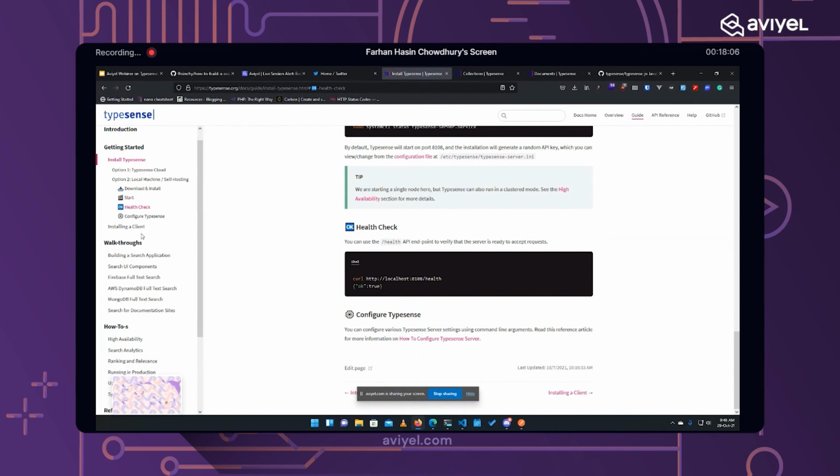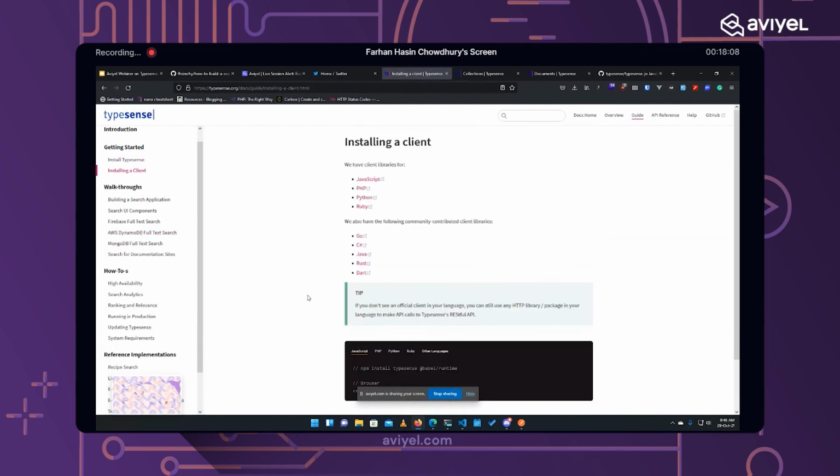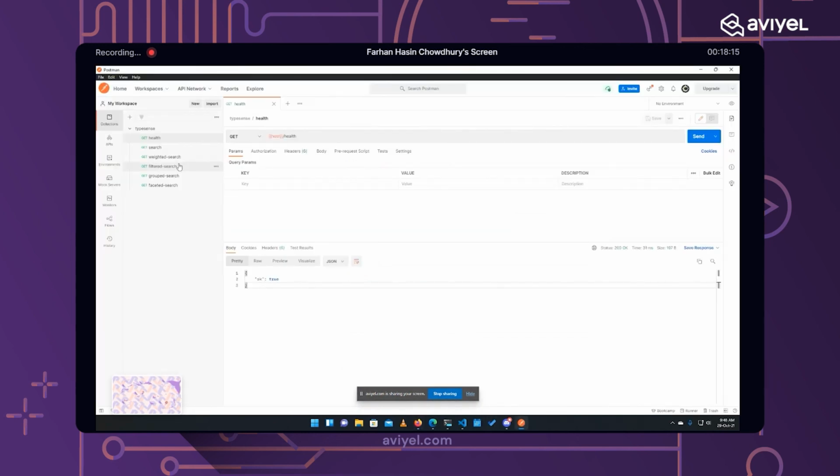Okay, so let's come to the client part now. What is a client in the context of TypeSense? Well, I have already shown you that you can use something like Postman or any HTTP library such as Axios to talk to TypeSense. But it can be a little bit cumbersome in places where you are really fine-tuning your search, and there are a lot of request parameters.